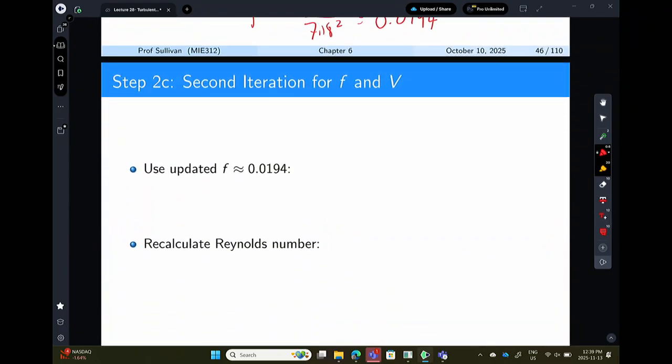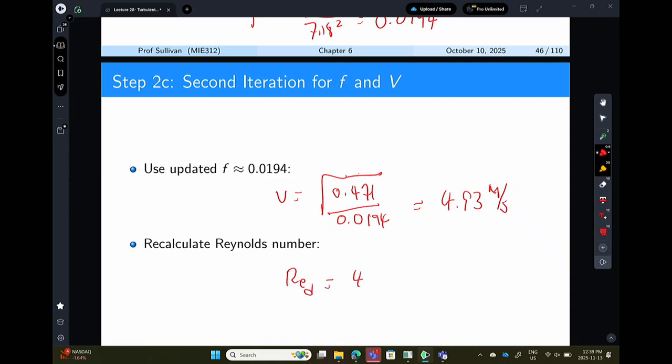So if I use that updated Reynolds number, or updated friction factor, I get V, which is equal to the square root of 0.471 over 0.0194, which is 4.93 meters per second. So if I take my updated value and then I calculate what my